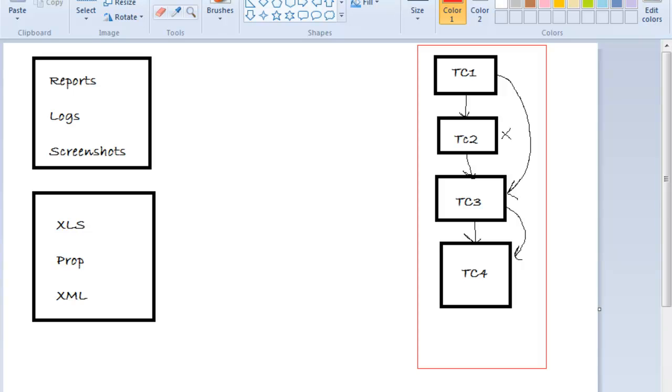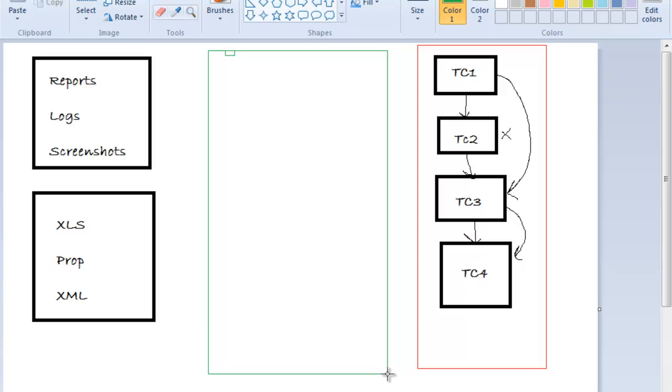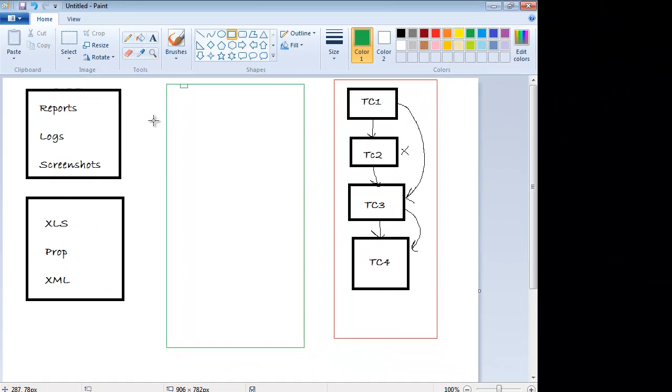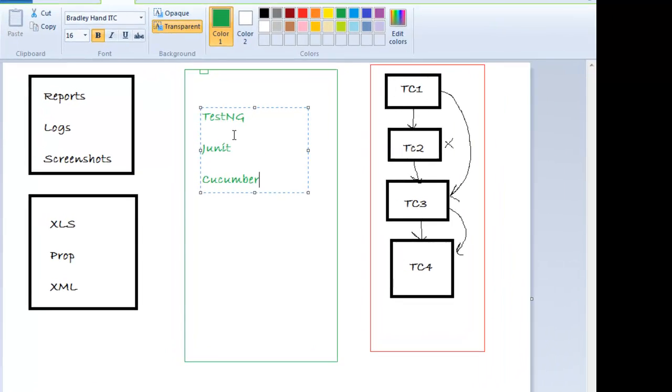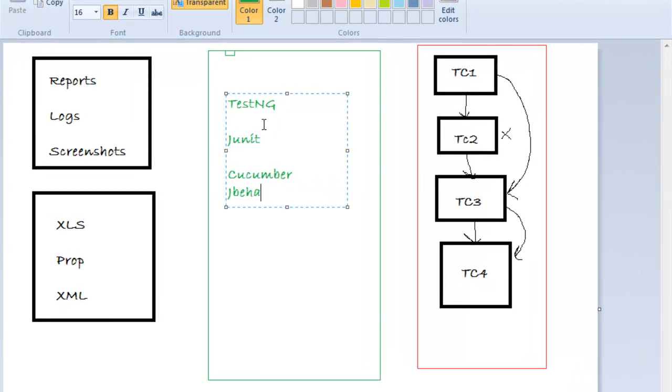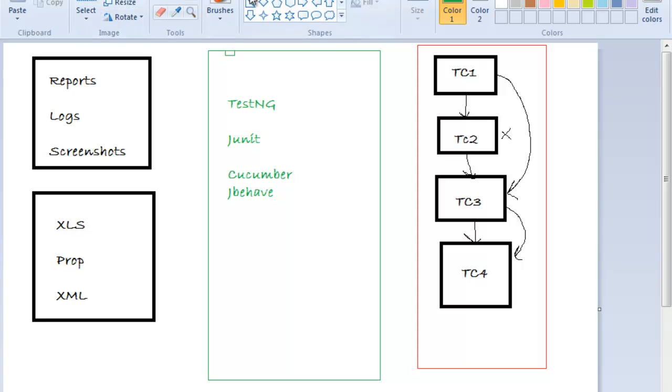Okay, right. So what we need is a centralized controller. We will be using a centralized controller. This centralized controller, generally people use TestNG, or they will use JUnit, or there are other things like BDD Cucumber, JBehave. So what these centralized controllers do is that they will